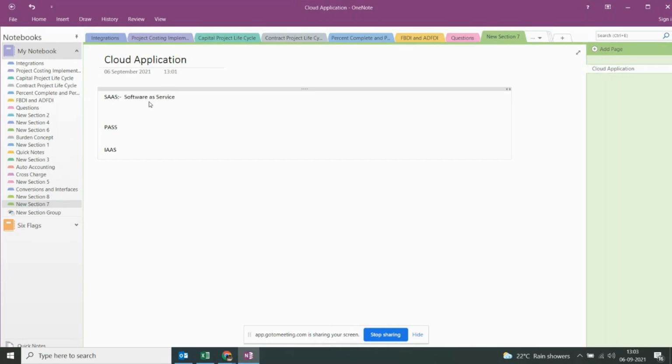In SaaS environment, we won't do any kind of customizations, right? Where it's software as a service, we cannot do any kind of adjustments within the application. Whatever Oracle has given, the client or the business has to go with the standard functionalities.